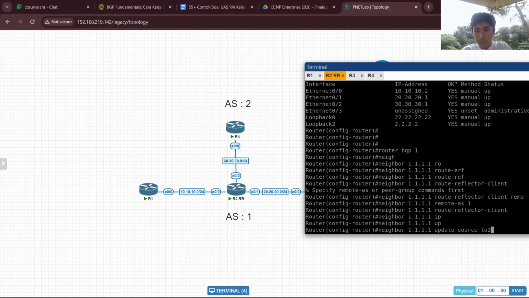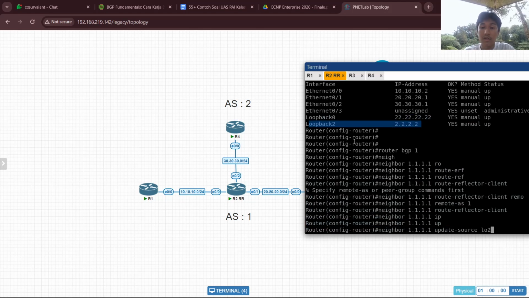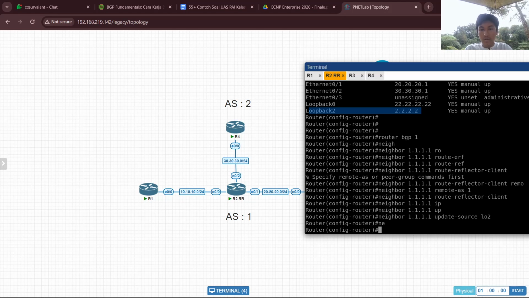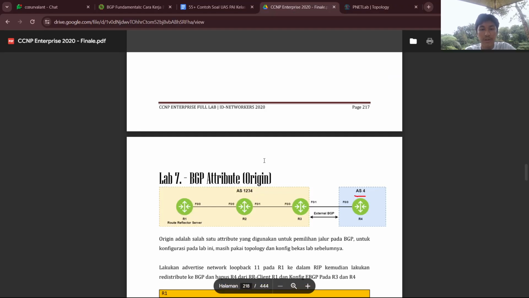Update source loopback 2, because I forgot this is on a different loopback address. So we'll use this loopback address as the route reflector server router. Sorry. And then neighbor.